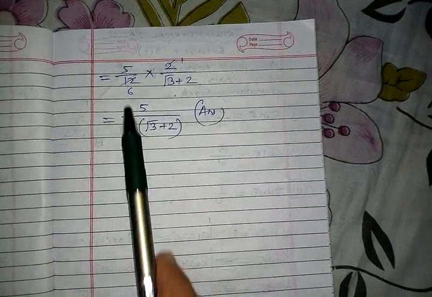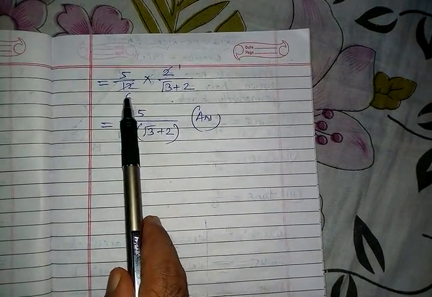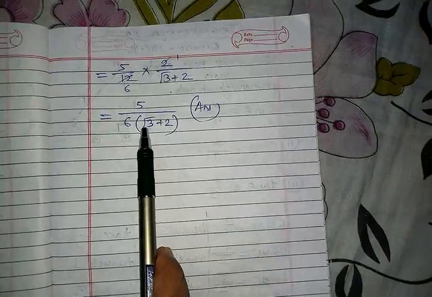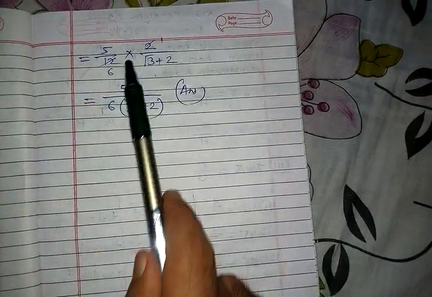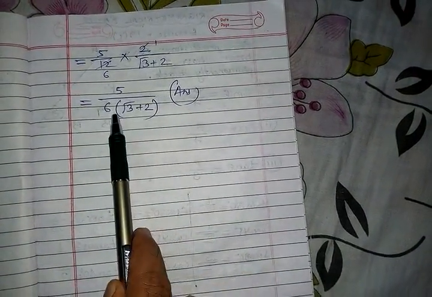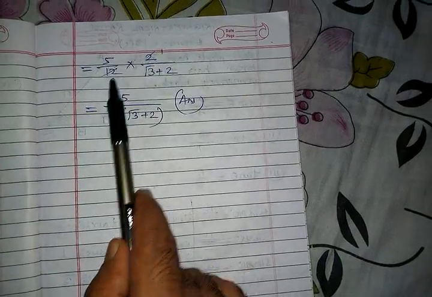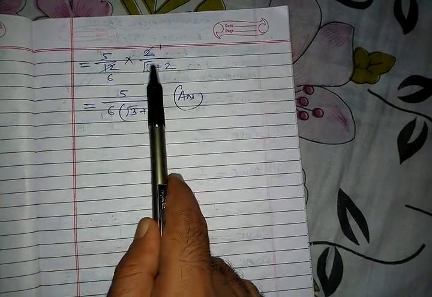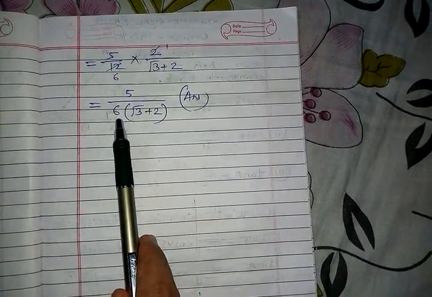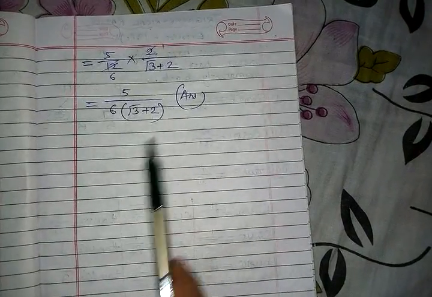If somebody feels, sir, I want to multiply, then you can write 6 into root 3, 6 root 3. Don't write 6 root 3s are root 18. No, like 6 into x is 6x, 6 into root 3 is 6 root 3, but you can write it in the bracket also.